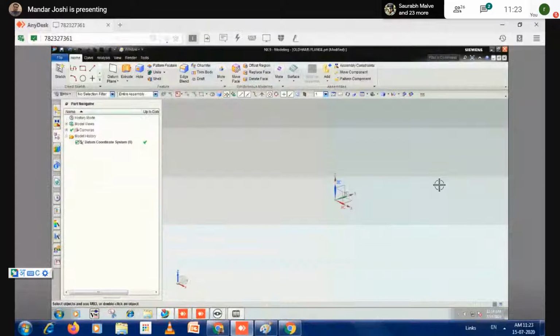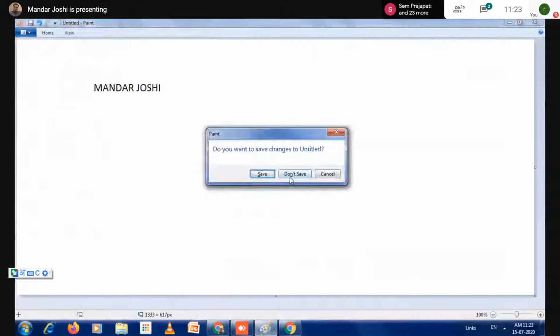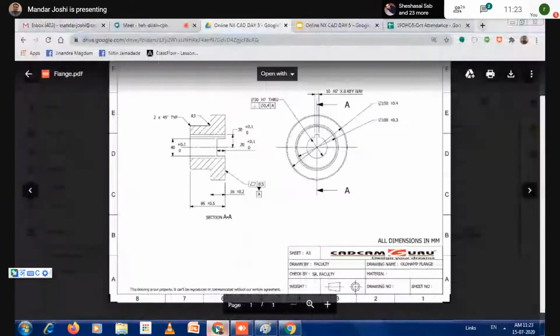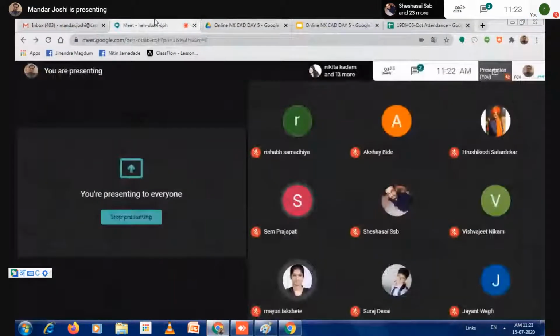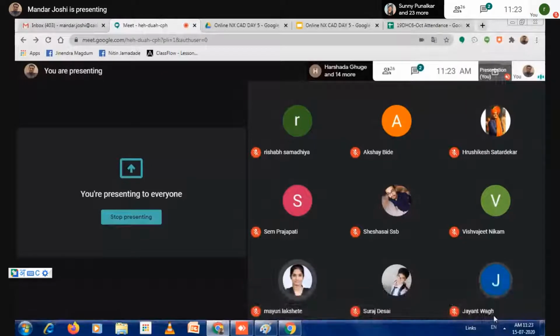Now initial setting. What is initial setting? All of you able to see the screen? Otherwise, those who are late joining, for them I will share this once again.